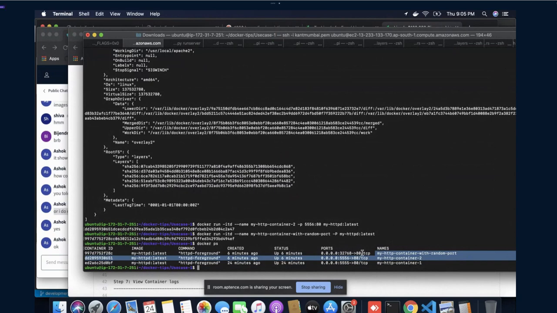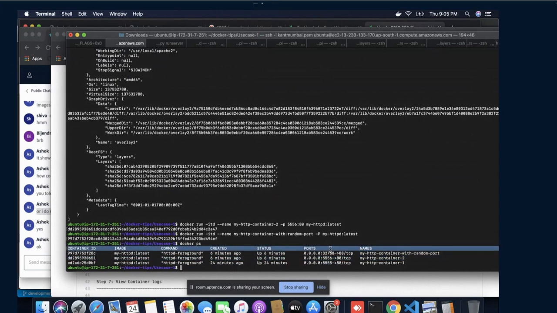If you have not specified the port number, they have randomly selected a value. The port is 32768.